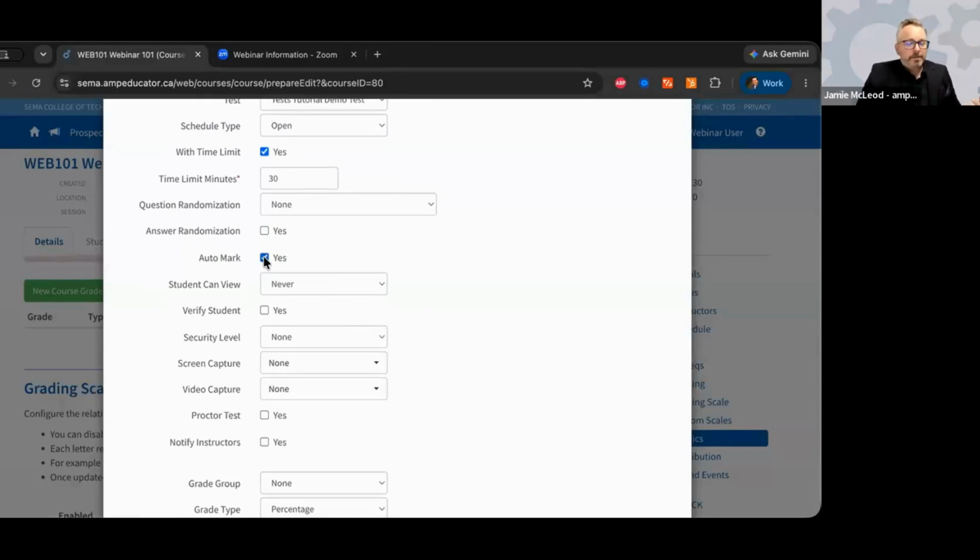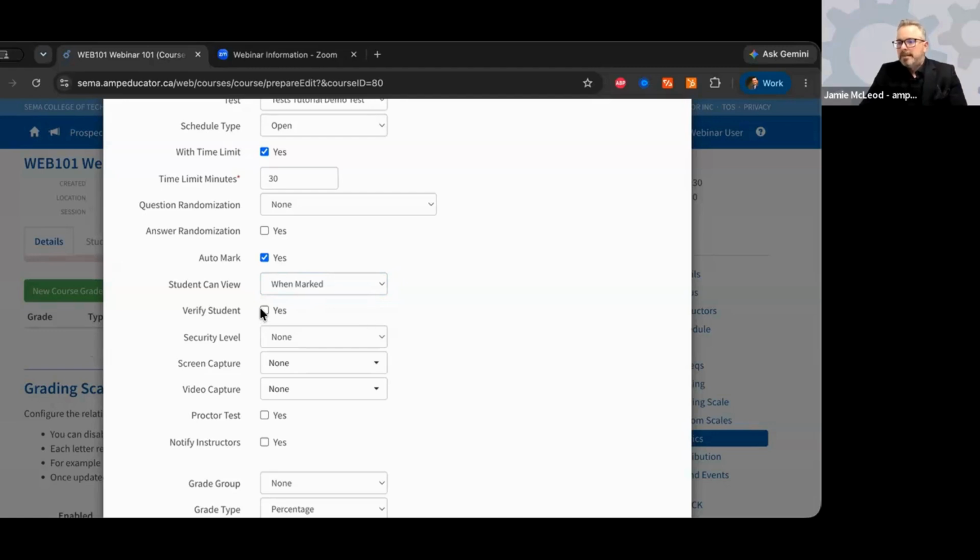Auto mark is great, obviously. If you check this, then it will automatically mark and show that to the student. It will still automatically mark them. If you don't use this option, this is about referring to the display. And again, it gets into it with the guide, and you'll see that. But whether or not the student can view the auto mark when it's completed or marked, these are options that you would pick. And I generally like to demo it when marked so that you can see that and the